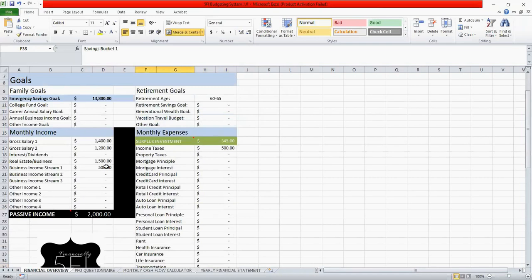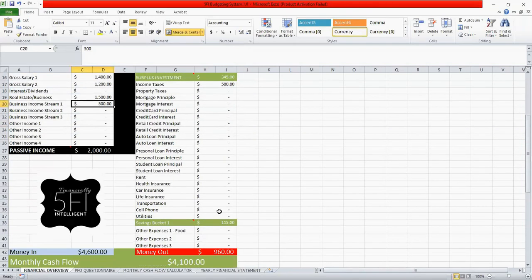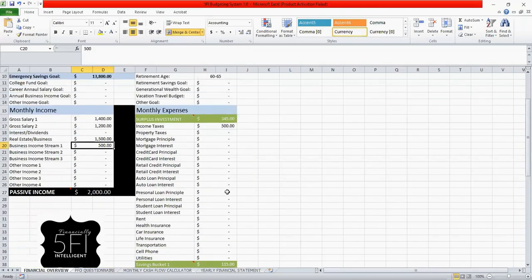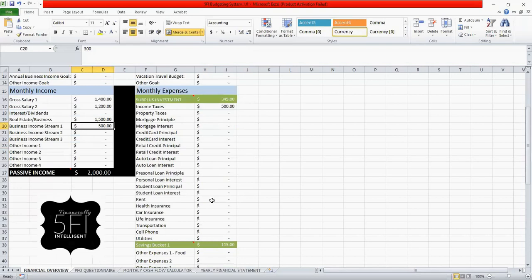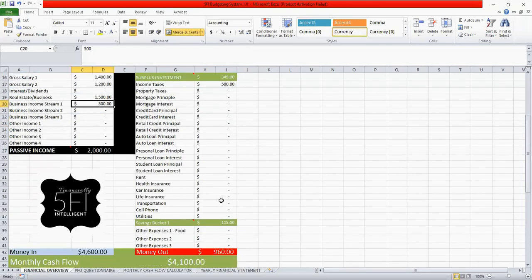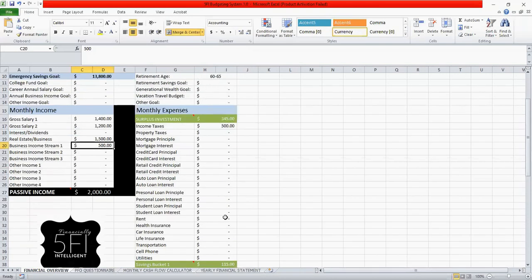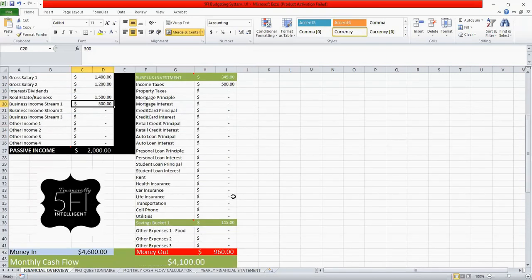Well, you can put the $500 business income stream into your vacation travel budget along with your 115 savings, and look what you have. You will have a nice $615 going towards your vacation budget each month